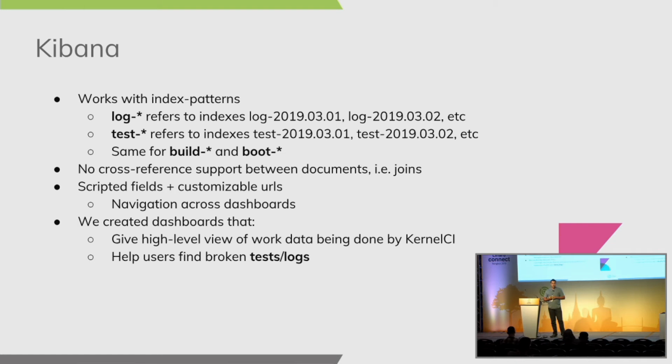And one thing that we noticed is Kibana is a perfect mirror of Elasticsearch. So if you can do something in Elasticsearch, you probably can do it in Kibana. And if there's something you cannot do in Elasticsearch, you can't do it in Kibana either. Like, we tried to use cross-referencing. Let's say you have this many log lines and you have these builds, these boots. You could just store the logs and have an ID pointing to the build, to the boot. But you have to basically copy all the common data of the boot, like the tree, the git describe, the git version, and then you have to duplicate all this data into Elasticsearch